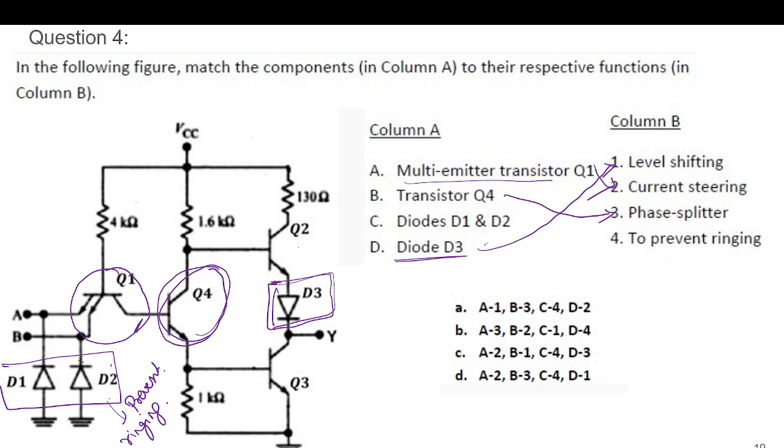So usually diodes are also used in the input circuitry to prevent the surge in the static CMOS circuits. So this one is used for preventing the